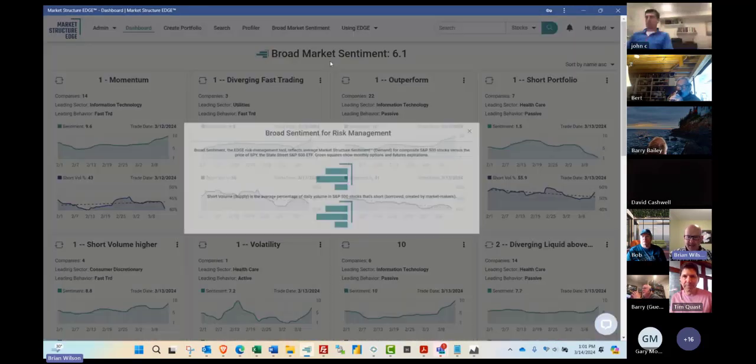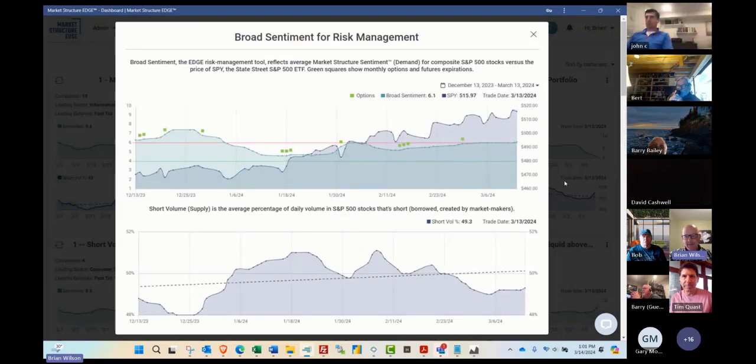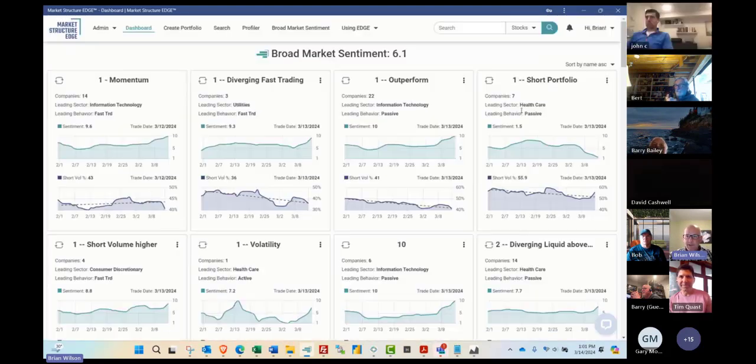If we look at what's next, I had mentioned it earlier. We've been in a grind it higher environment. Where do we go from here? It's a great question. We still have demand that is healthy. 6.1 short volumes just starting to sneak higher, but they're still controlled relative to where we have been. It's still pretty good from an overall perspective.